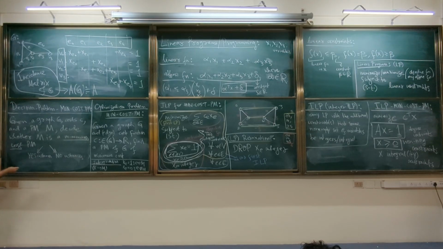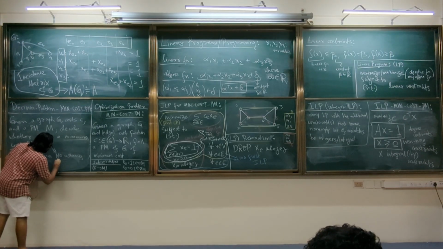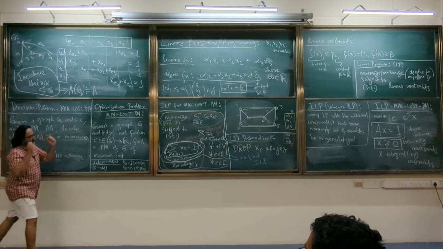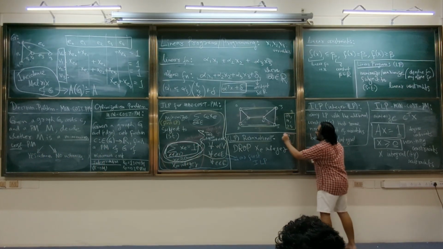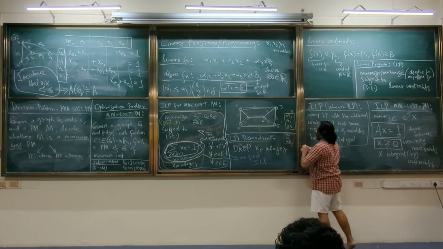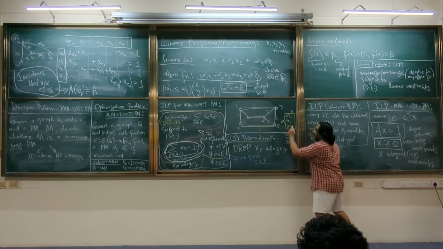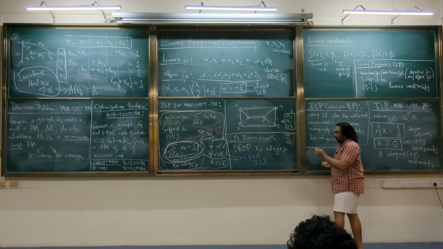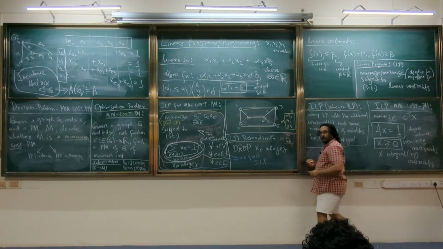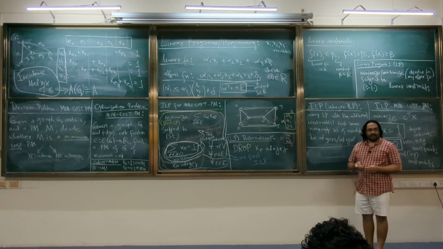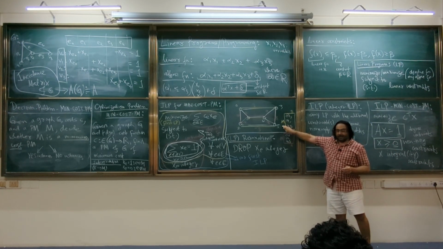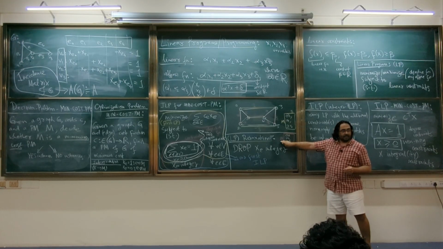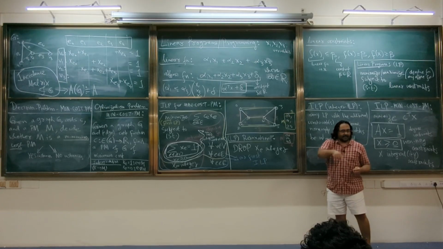If no instances are easily verifiable, so let me make it more precise. What Vivek gave us is a certificate. The original M was the one I had given you. What Vivek did, Vivek told us, look at N. N proves that M is not a minimum cost perfect match. This is a certificate. This certificate exists, and if I give you the certificate, you can check that it is